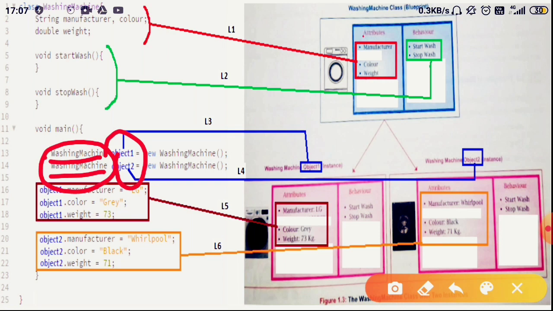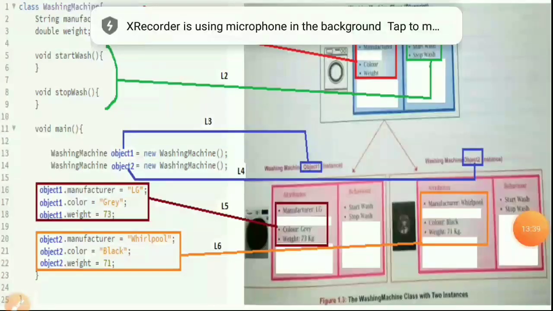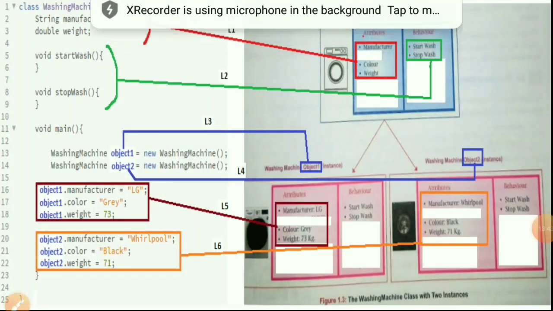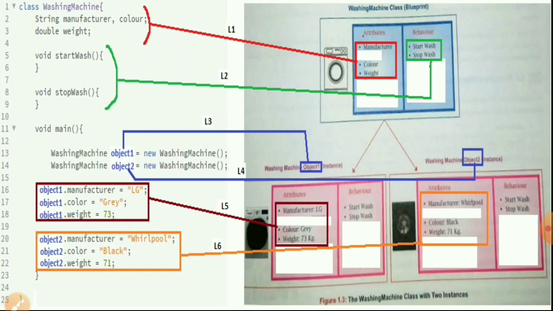In this case, our factory has just produced two objects named object1 and object2. Students, I hope you will find this practical example of the code very helpful in understanding whatever we have discussed so far.